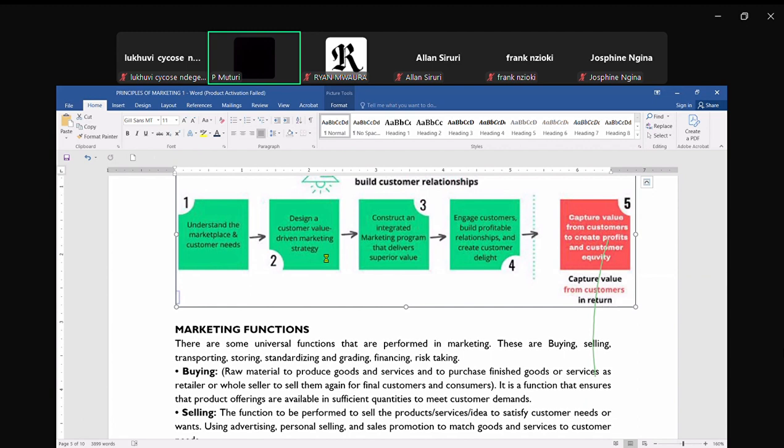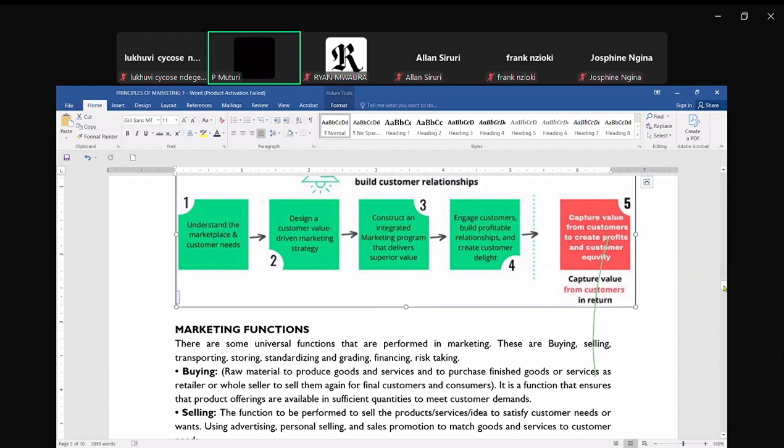When this lands on your email, or when I share that diagram there, the last word is equity. I think there's a misspelling there. So customer equity. Equity is what you get from the customers, in terms of what they pay for the products, that generates income for business.